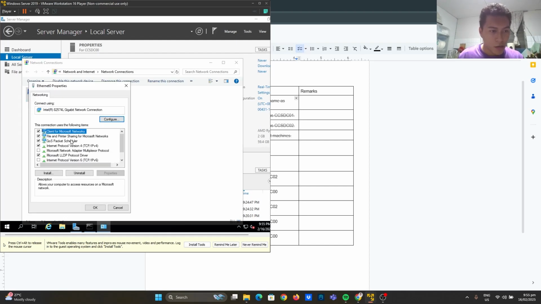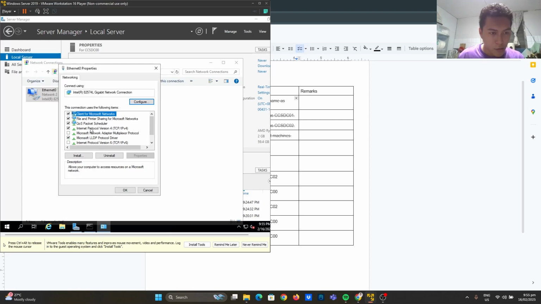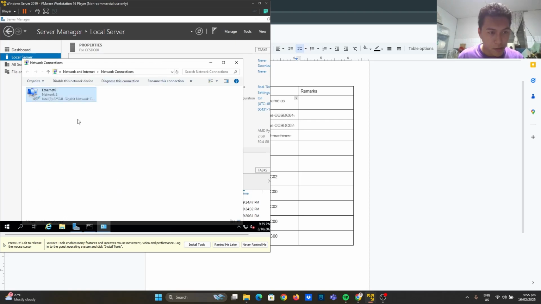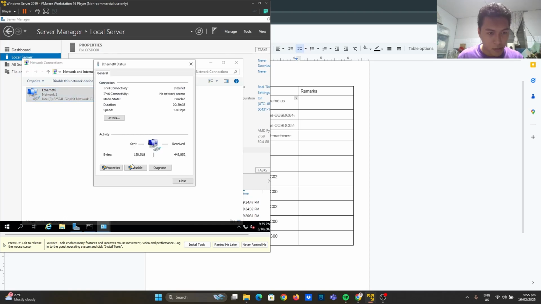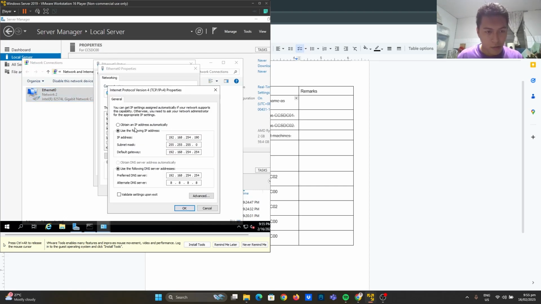Here you can right click, properties, and go to Internet Protocol version 4. Again, properties. Here I adjusted the IP address and the default gateway, and also as you can see the